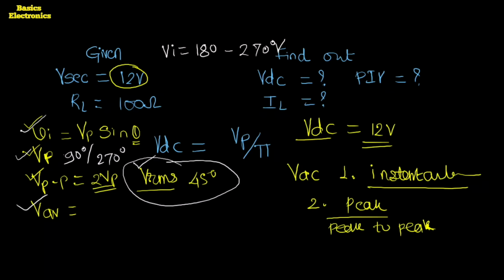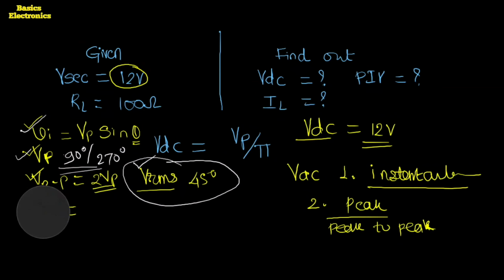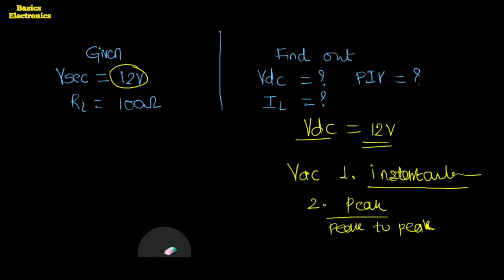The second important value is what we call the peak value. It is important for us because it indicates the maximum value of the AC which we are using, or on which we are going to operate the equipments. So the peak voltage and the RMS voltage are important to us.